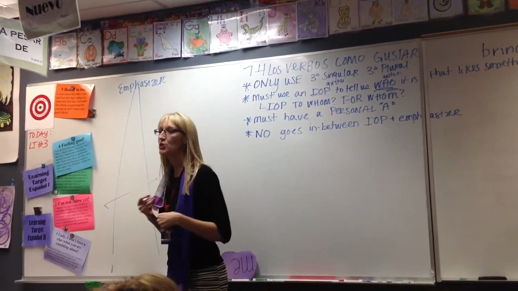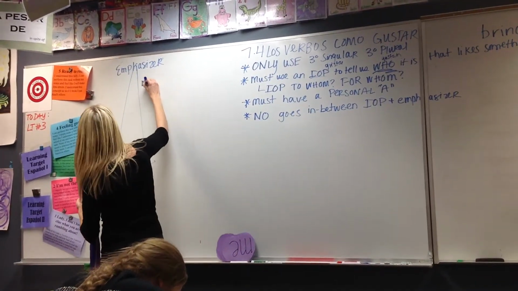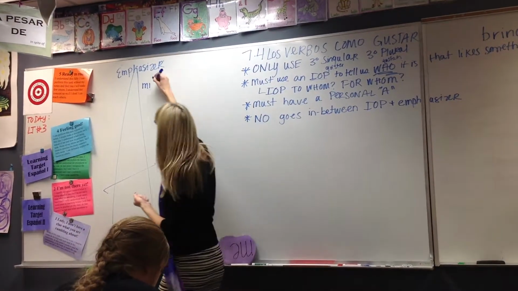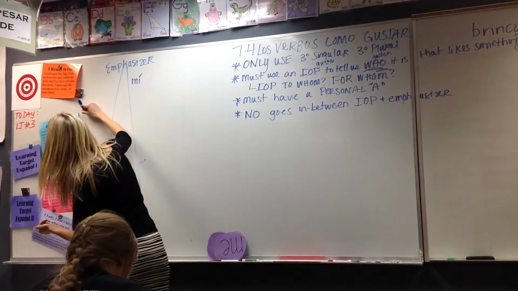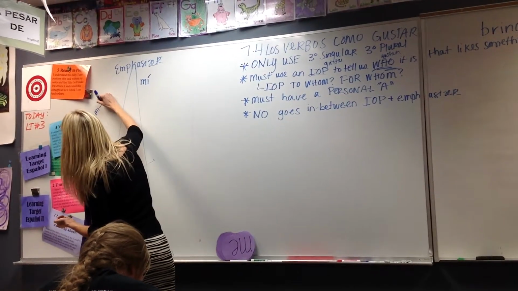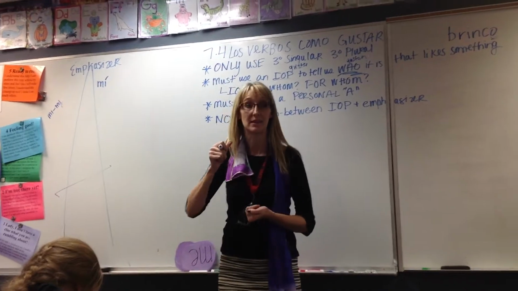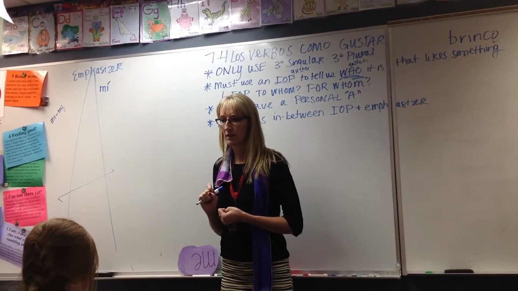So how would I say to me something is enjoyable? Me. A mí. ¿Acento or no acento? Sí, acento. ¿Acento por qué? Because otherwise you'd be saying mine. Okay, so maybe you want to make yourself a little side note. Mi without the accent means my. Mí with the accent is me. To me, something is enjoyable. How about to you, something is enjoyable? A ti.